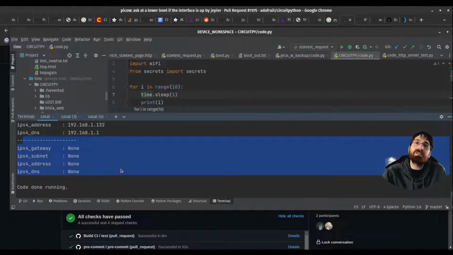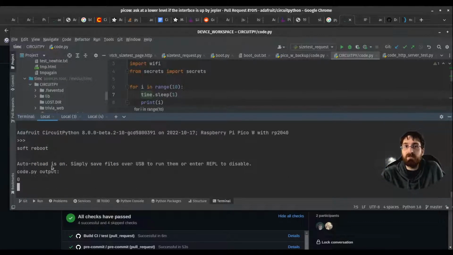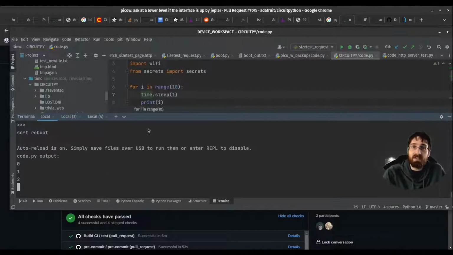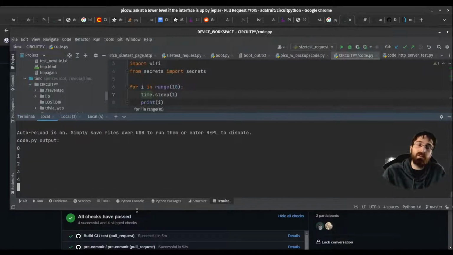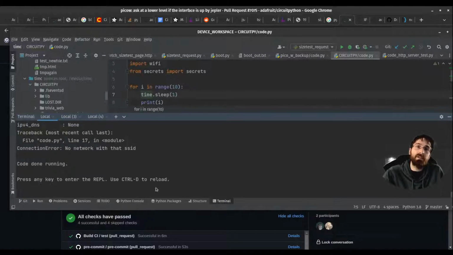So you can disconnect effectively by connecting to something bogus. And then at this point, if I restart, it'll be none, none, because it's not currently connected. It will stay none, none until I go fix my secrets with the correct stuff.